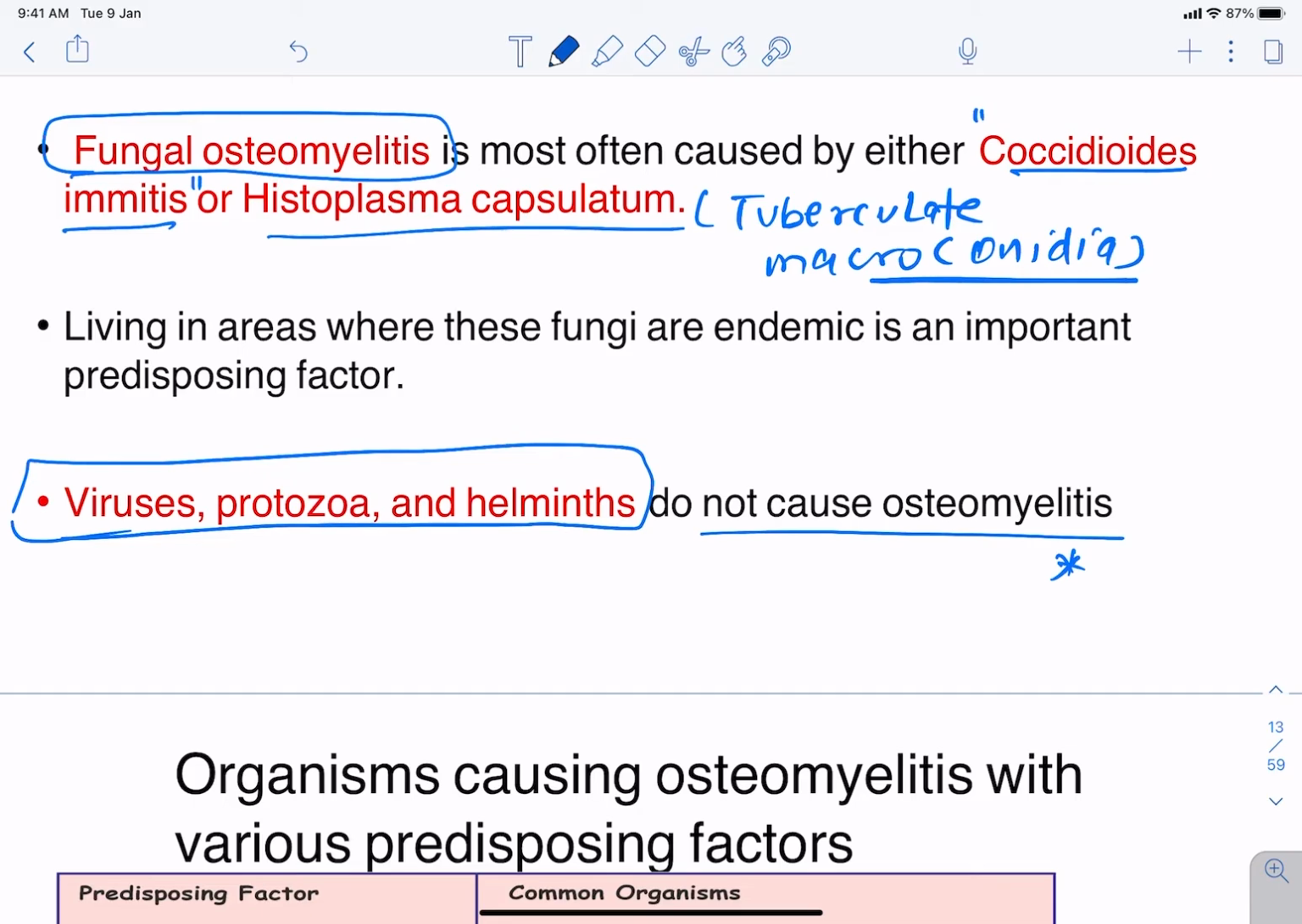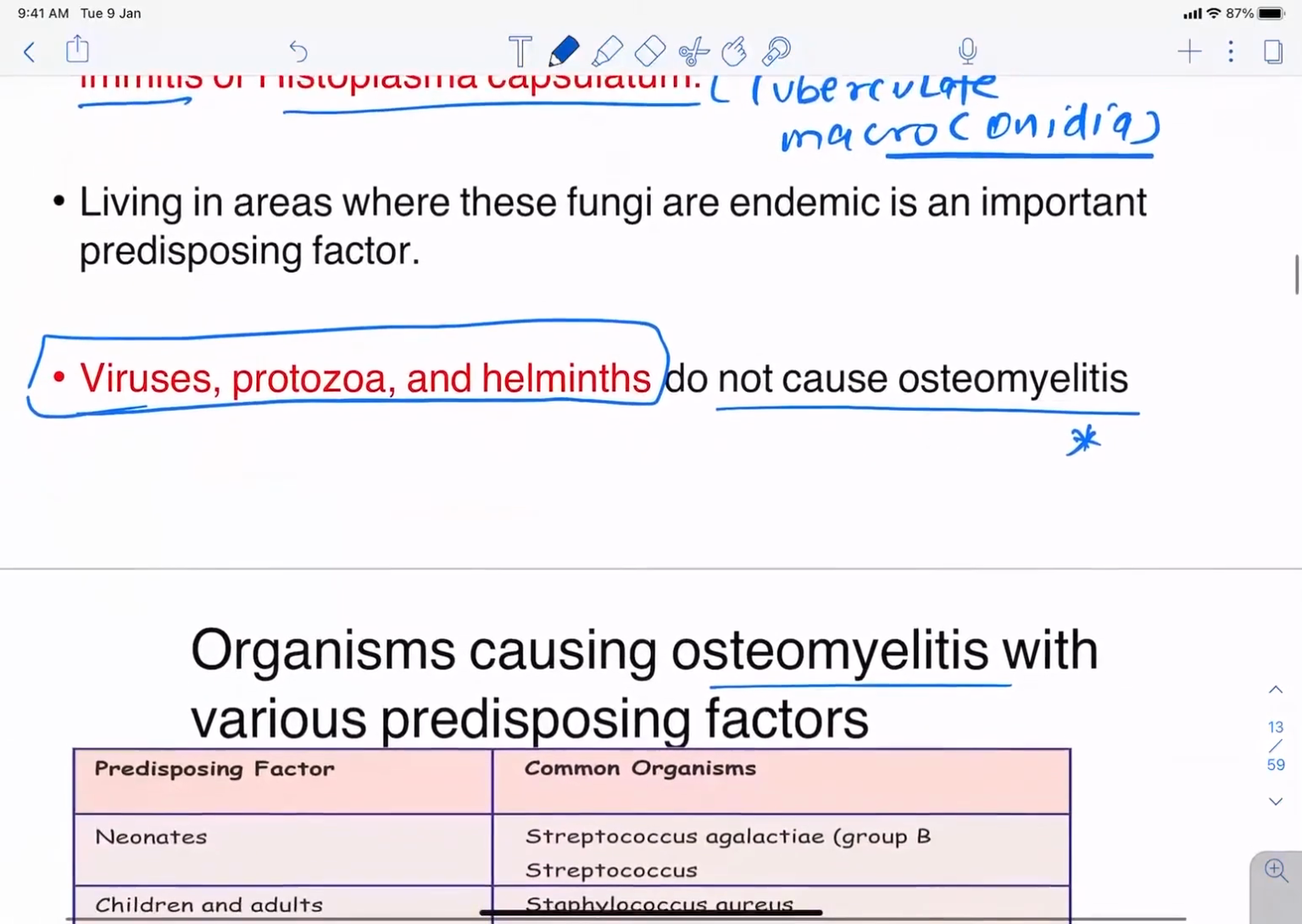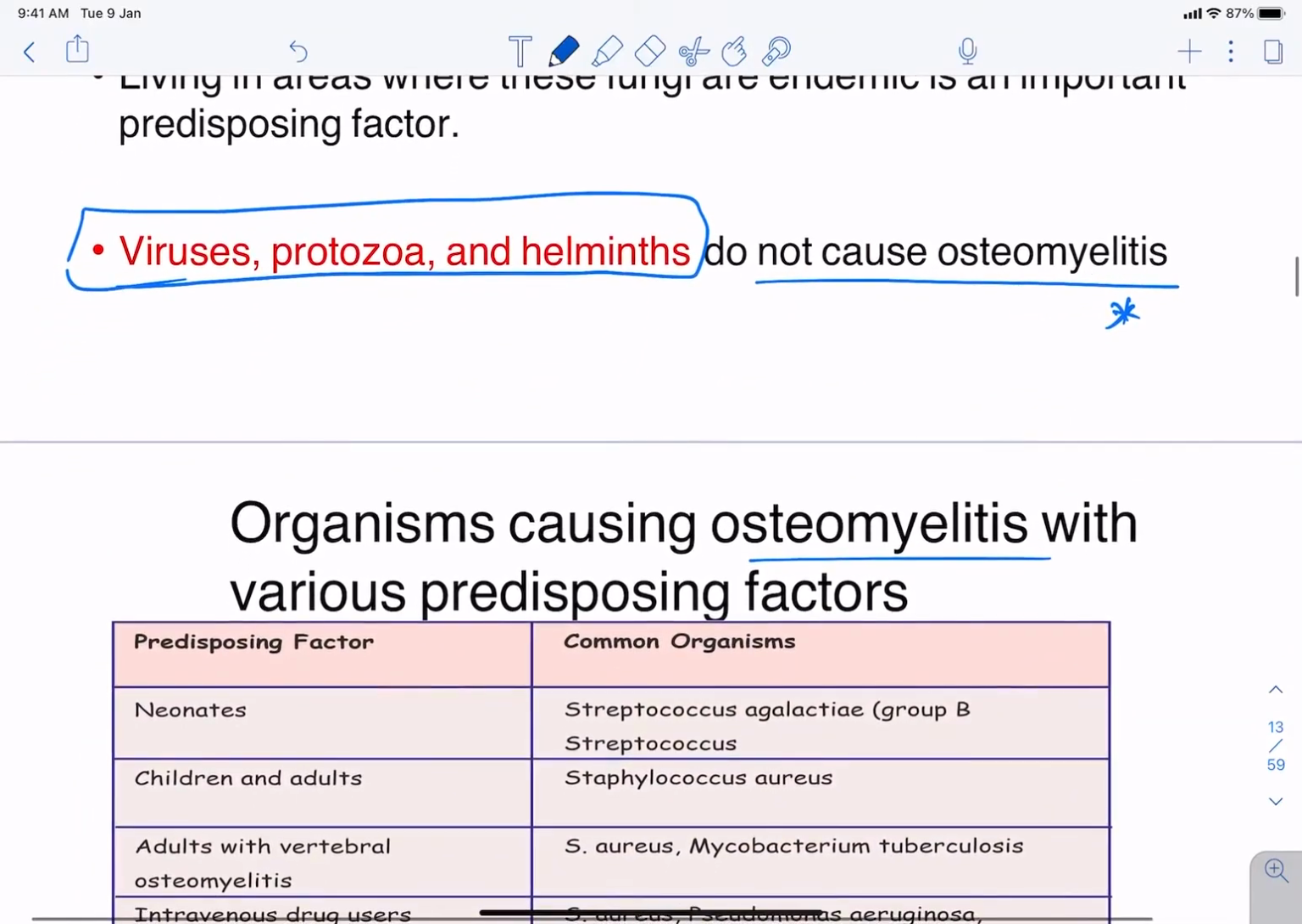Now there is a table which you need to have a look at in one go, and the questions will be in and around that only. So just have a look over this particular table and it will help you to remember the various organisms and their